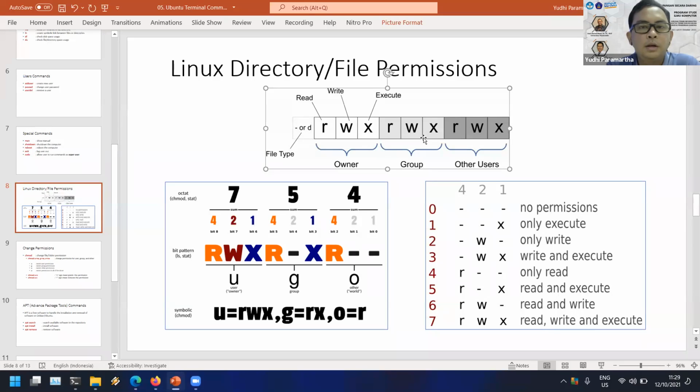And outside of the group and the owner are called other users. For example, your friend in class B or class C is an other user. Your class, the international class, is called the group. The individual of you is called the owner, something like that. So those are the 3 permissions that we will have to assign for every file and folder that you create.